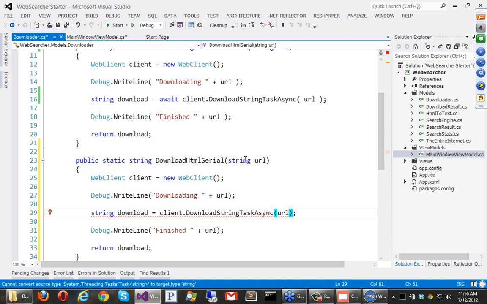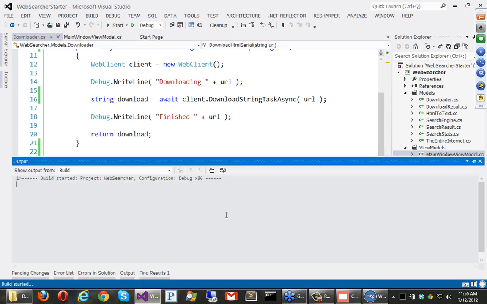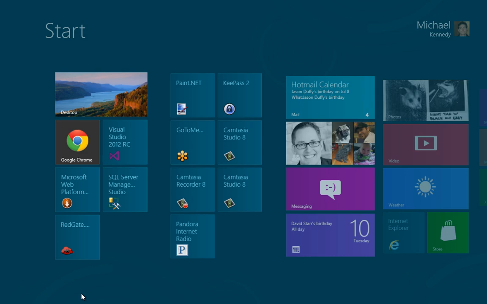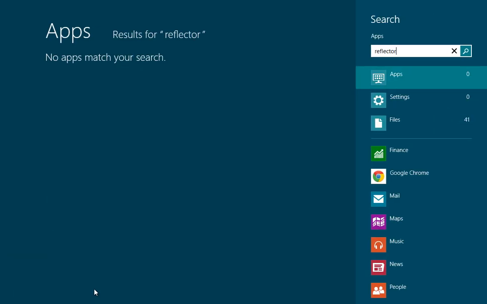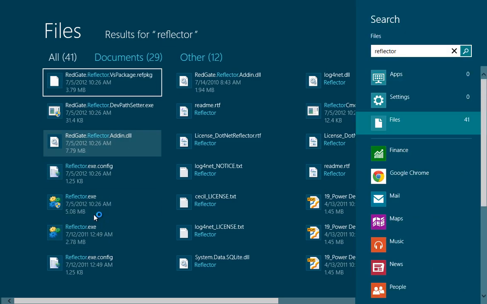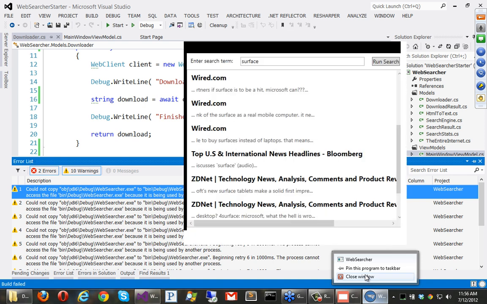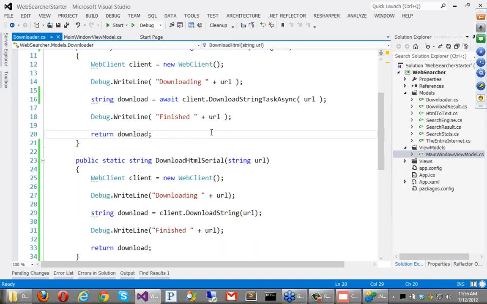Await. There. Okay, so let's look at this in Reflector, which I thought I had open, but I guess not. So hold on a second. Here we go. Yes, and let me close it so it'll actually build.